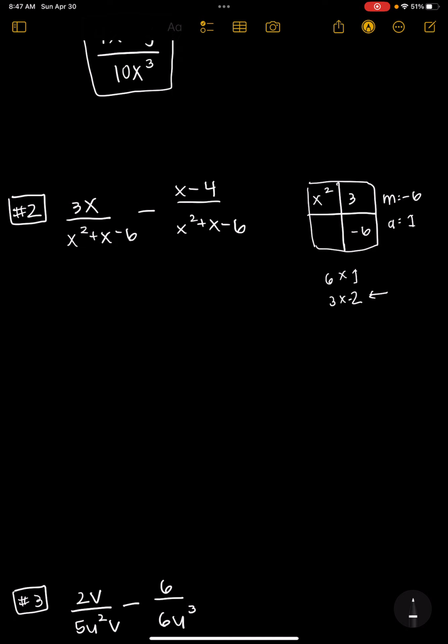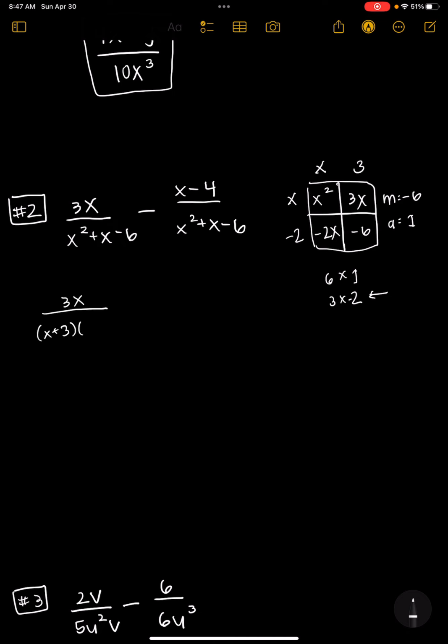So I'm going to put a 3x in one of the boxes, a negative 2x in another box, and let's figure out what they have in common. The bottom two boxes have a negative 2 in common. I can divide both of those by negative 2. The top two boxes have an x in common, the left two boxes have an x in common, and the right two boxes have a 3 in common. Notice I don't take a negative out of that one, even though the 6 is negative, because the number I put in last, with the x, isn't negative. I can only pull a positive number out. So my factors are x plus 3 and x minus 2, which means I can rewrite this as